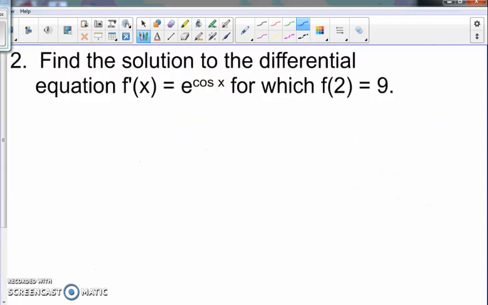Okay, so let's try this one right here. This one says to find the solution to the differential equation f prime of x equals e to the cosine of x, for which f of 2 is equal to 9. So this could also be written as dy dx equals e to the cosine of x. So then